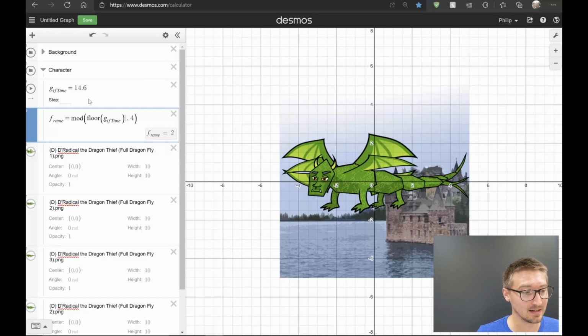So 14 divided by 4 leaves a remainder of 2. And if I play this, 0, 1, 2, 3, back to 0, 1, 2, 3. And it's not very exciting, but this is the action that we need to cycle through those 4 different pictures. But in my head, 0, 1, 2, 3 don't really match up with the first frame, second frame,